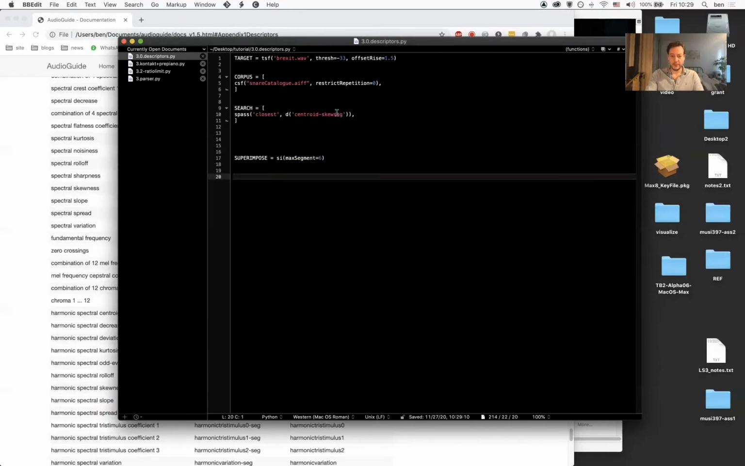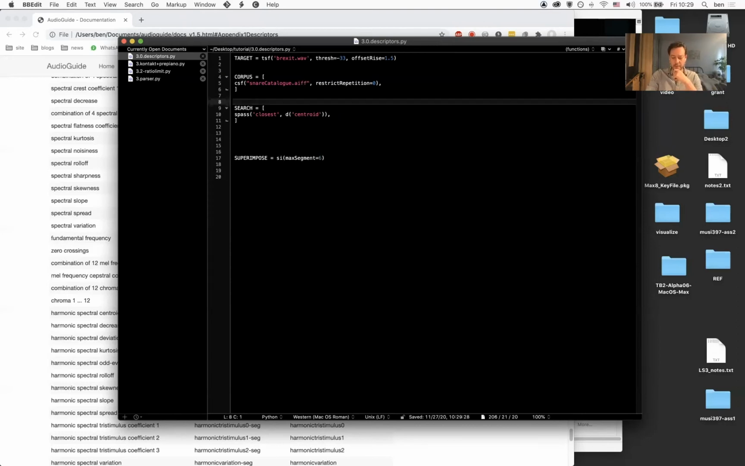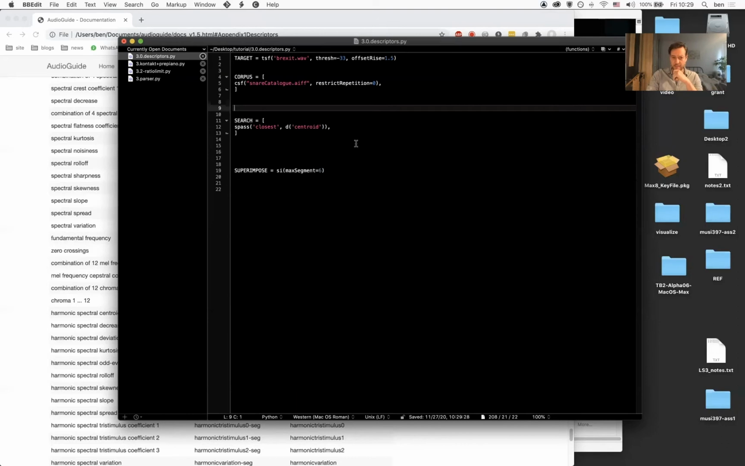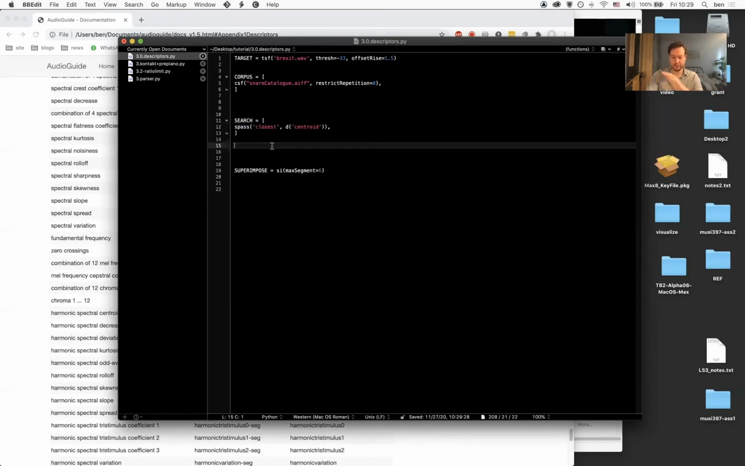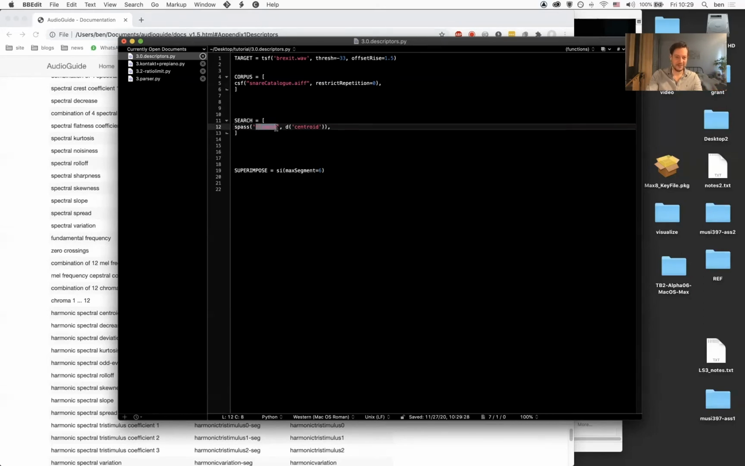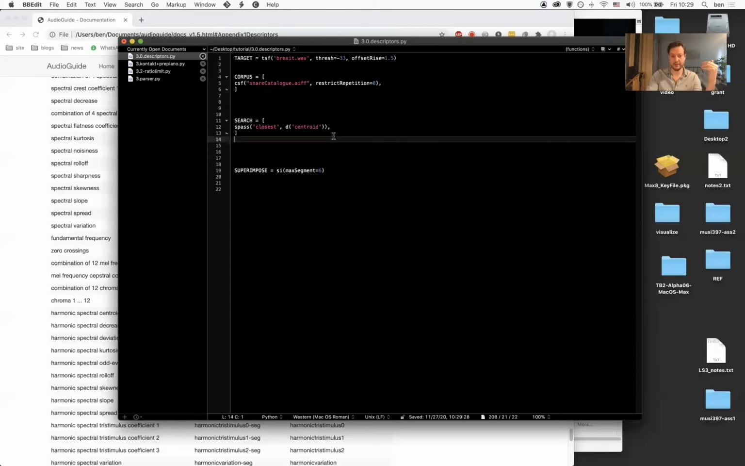Okay, so back to our code. Just go back to centroid, same corpus, same target. Obviously, we've talked about descriptors so far, but when you look at the search variable, it's much more complicated than just a descriptor. It's a list, and it's a list of SPass objects which have an initial argument and then some descriptors that come after that. And I want to spend a little time talking about SPass, what it's doing,